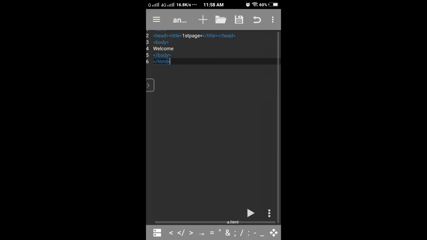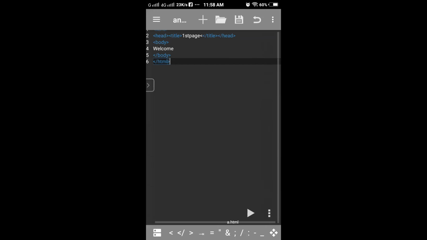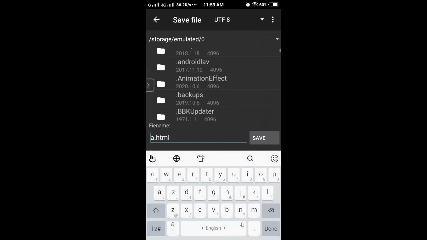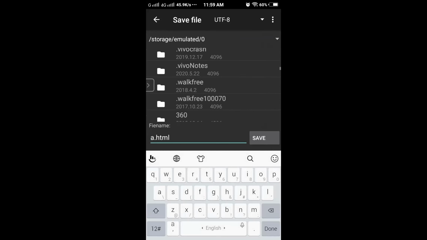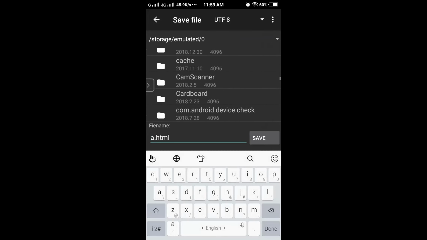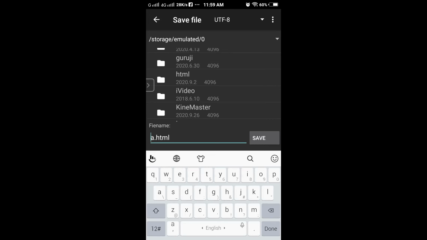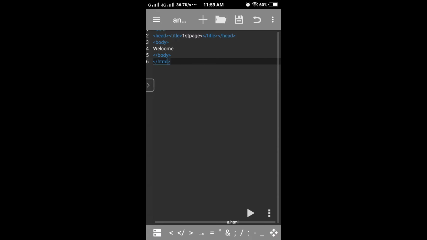So it's better to click on the three dots and go to the save as option. Now you can create a folder of HTML in any one particular folder first. I have already created an HTML folder, but I'll show you how to create one.